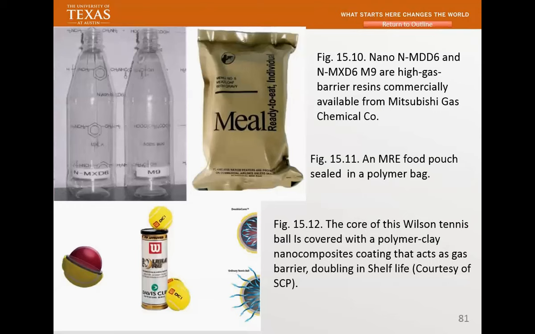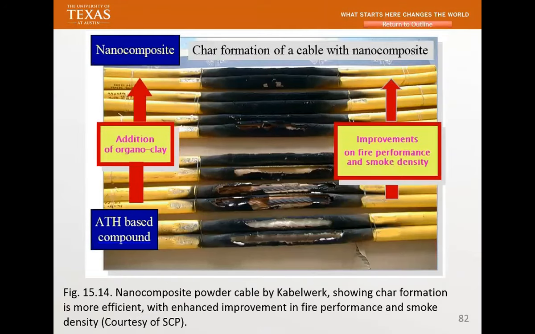I was chasing around trying to find a can. I finally got a can from the company in New Jersey, from the guy who actually developed that. So this is actually really good. This is real. This was developed as a flame retardant using nanoclay as well as ATH, and they're selling it. It's from Belgium. It's a real good product.